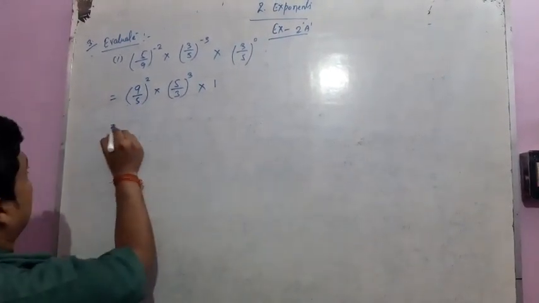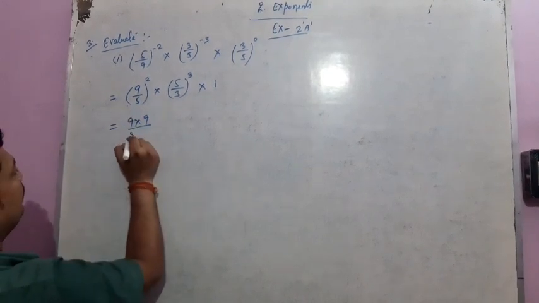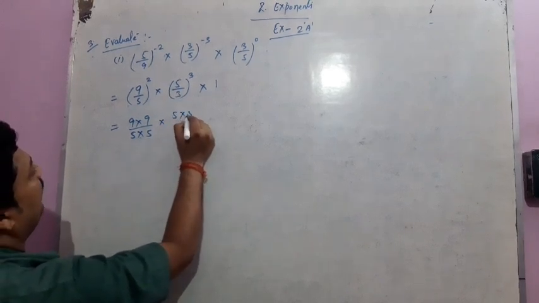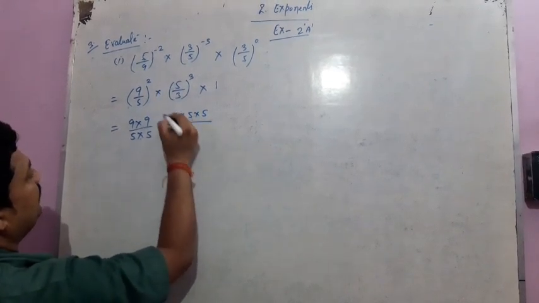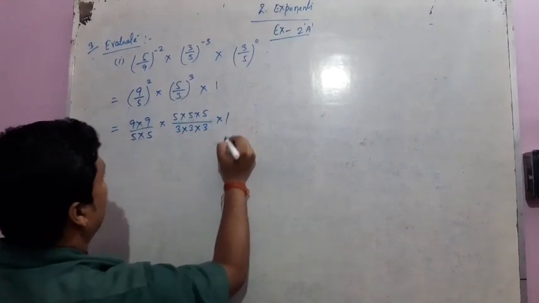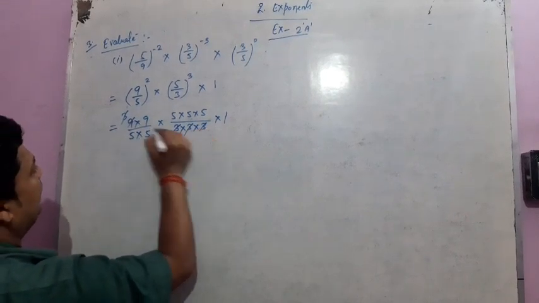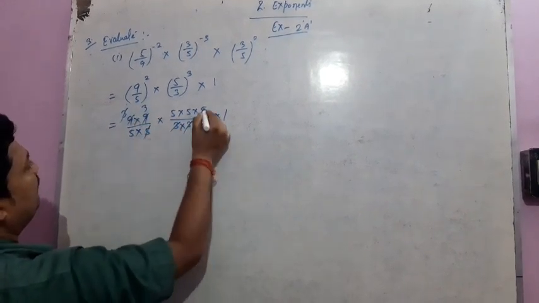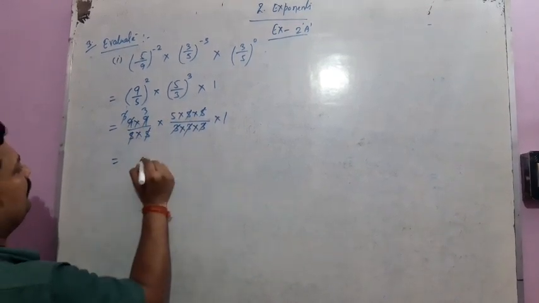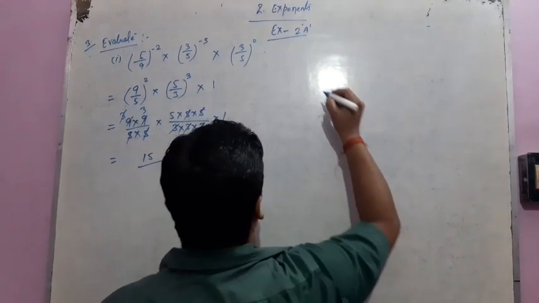Continuing it, the square of 9, 9 into 9, the square of 5, 5 into 5, again cube of 5, 5 into 5 into 5, and cube of 3, 3 into 3 into 3 into 1. Now 3 3 are 9 and 3 3 cancel. Again 3 3 are 9. 5 is cancelled with both of the 5s. Now 5 3 are 15, 1 are 15. The answer will be here 15. Look at question number 4 here.